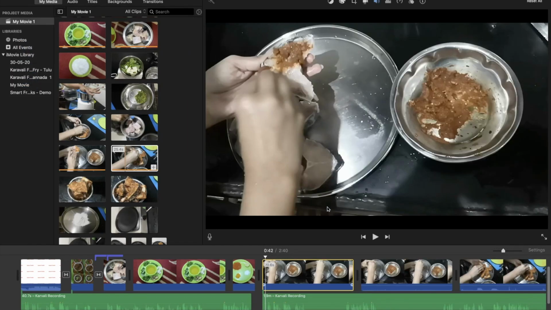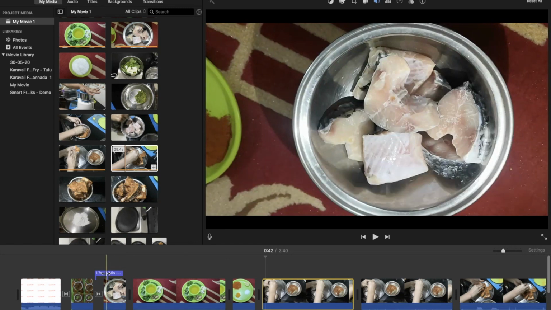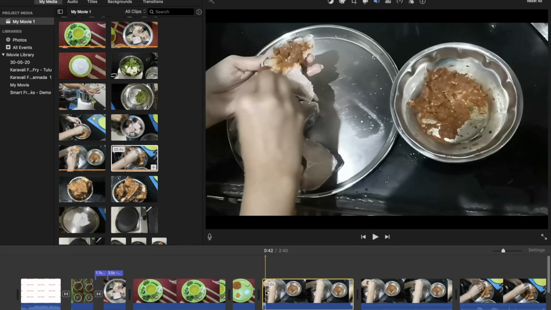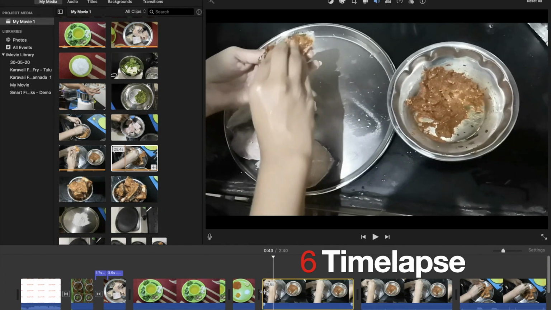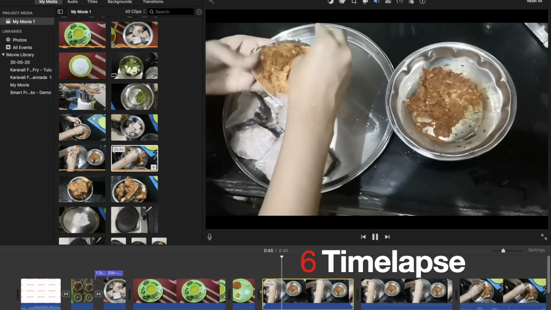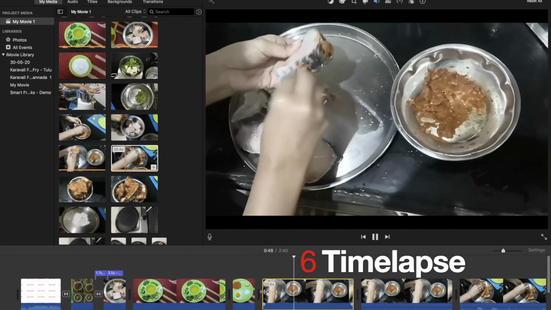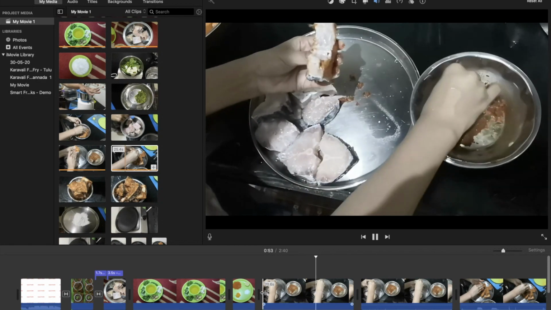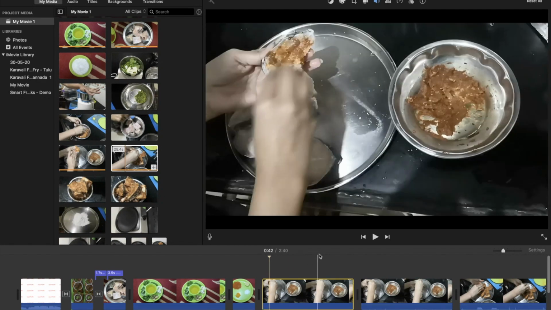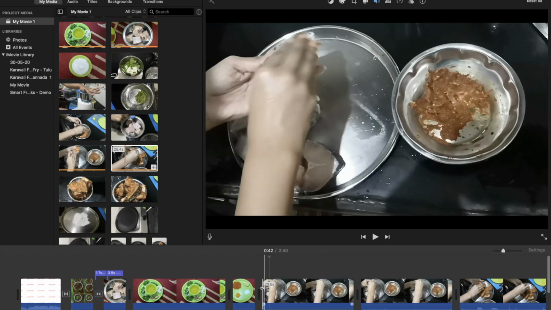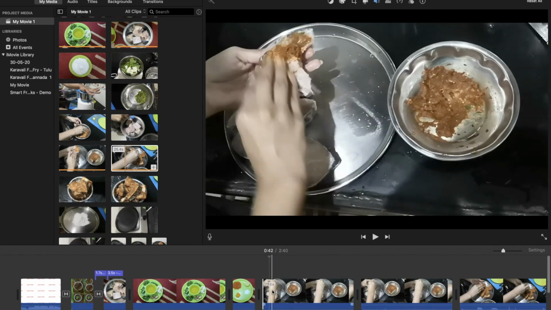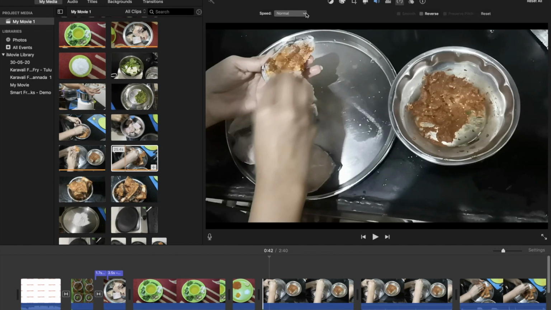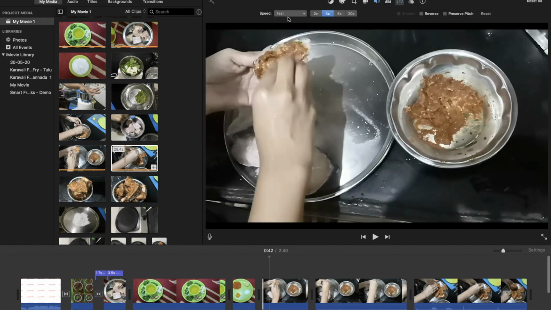After the titles and the transitions, the next thing we are going to talk about is time lapse. So time lapse basically gives you a feeling of making a 100-minute video into 5 minutes or 20 minutes. And you can also increase the length of a video with the time lapse effect. Let's suppose there is a video here which I wanted to convert into fast frame. So go to the top, you can see a speedometer symbol there, and click on fast.